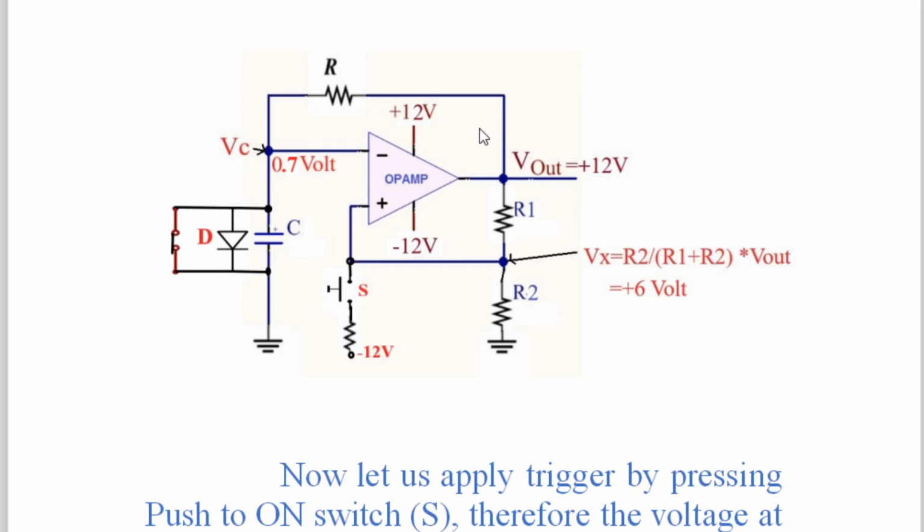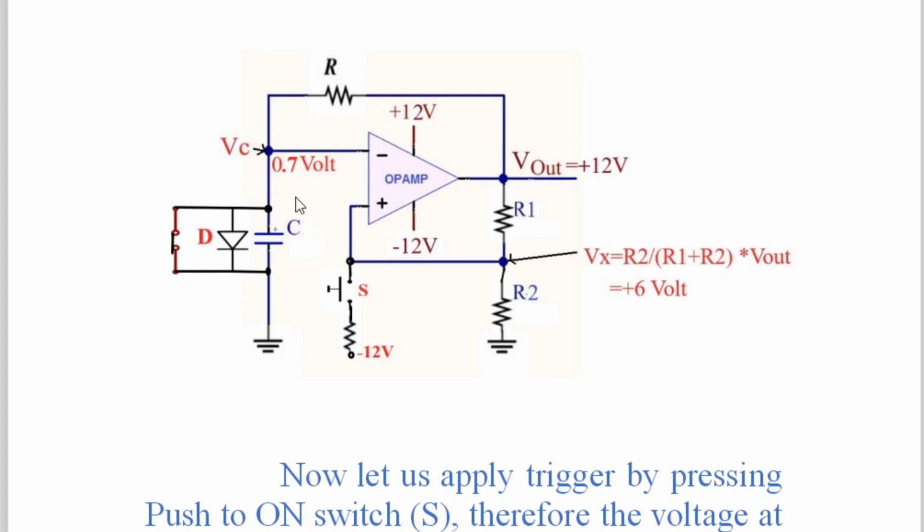And the output also we cannot change, because as soon as we turn on the power supply, because of this potential divider circuit's positive feedback, the output has been thrown into plus 12 volt. So it also cannot be changed. As soon as we apply the supply, it has gone into HVL, and this condition is supported after turning on the power supply. How is it supported? Look at R1 and R2. At the junction of R1 and R2, if you consider 12 volt here, 6 volt will come here. If you consider this 12 volt, 0.7 volt will come here. Inverting is 0.7 volt, non-inverting is 6 volt. Therefore, this condition is supported, since non-inverting voltage is greater than inverting. So we can change neither the 12 volt nor the 0.7 volt.